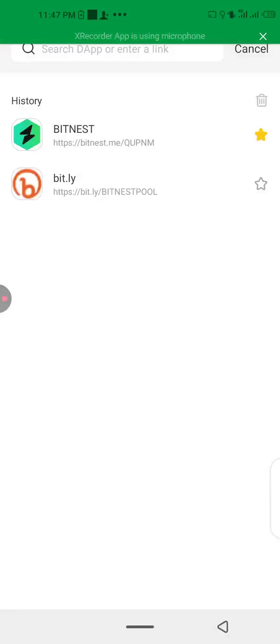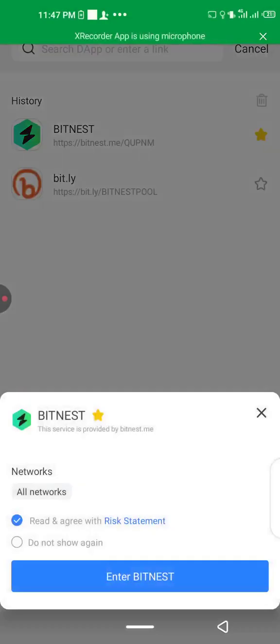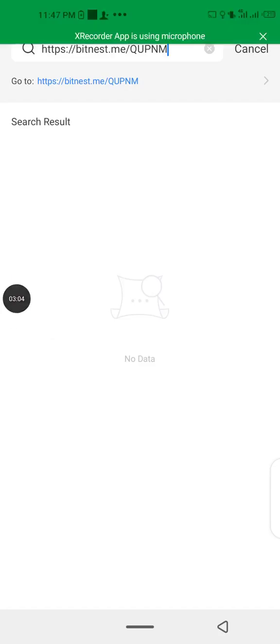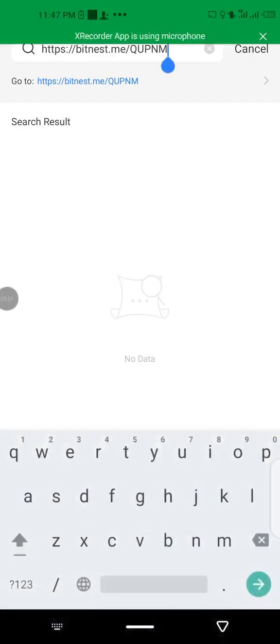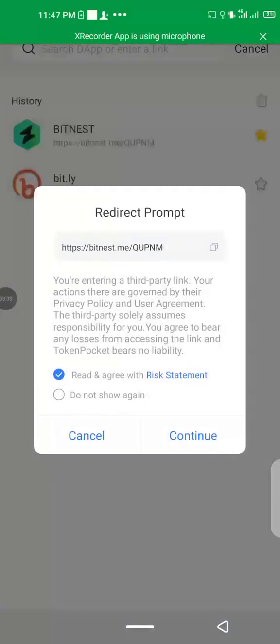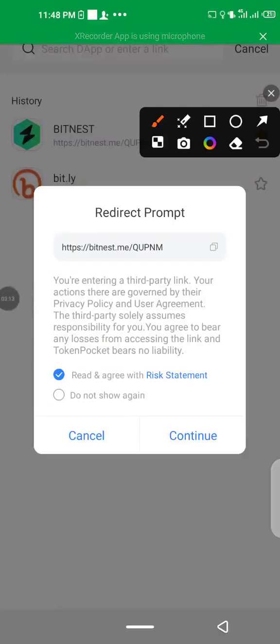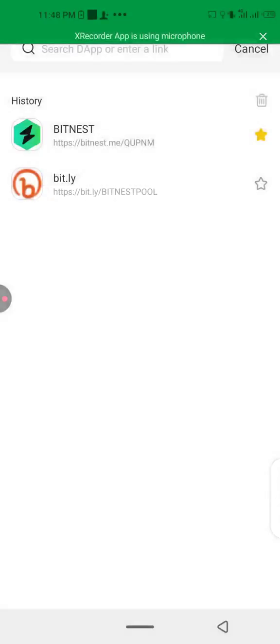After clicking on continue, it's going to take you to this place where you now click on this Bitnest. This is what you are seeing now. Click on it, then you click enter Bitnest. When you click on that continue, it will take you straight to the page, the platform. I've already done mine, so I don't want to click on it the second time,